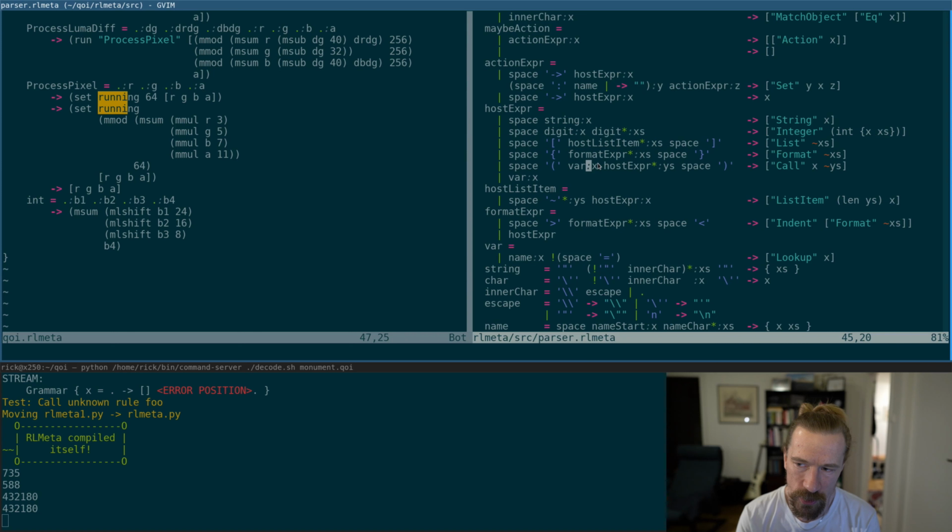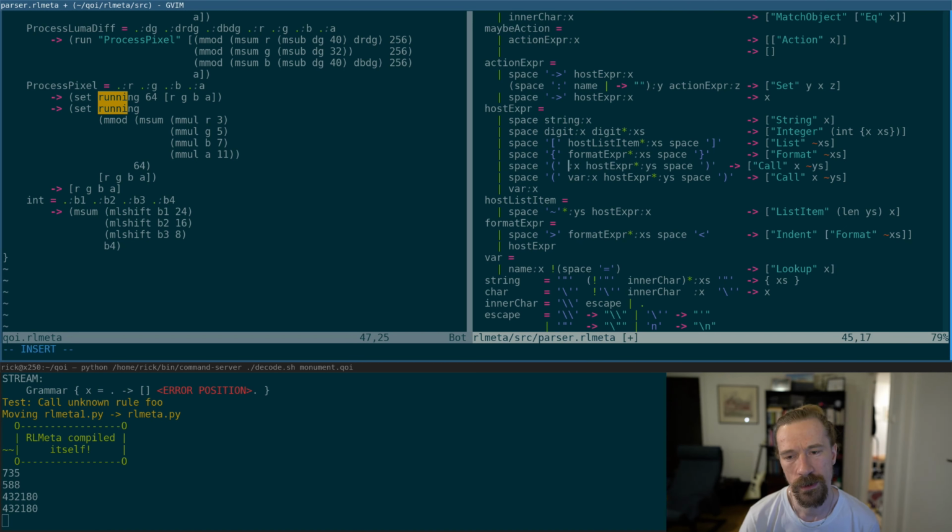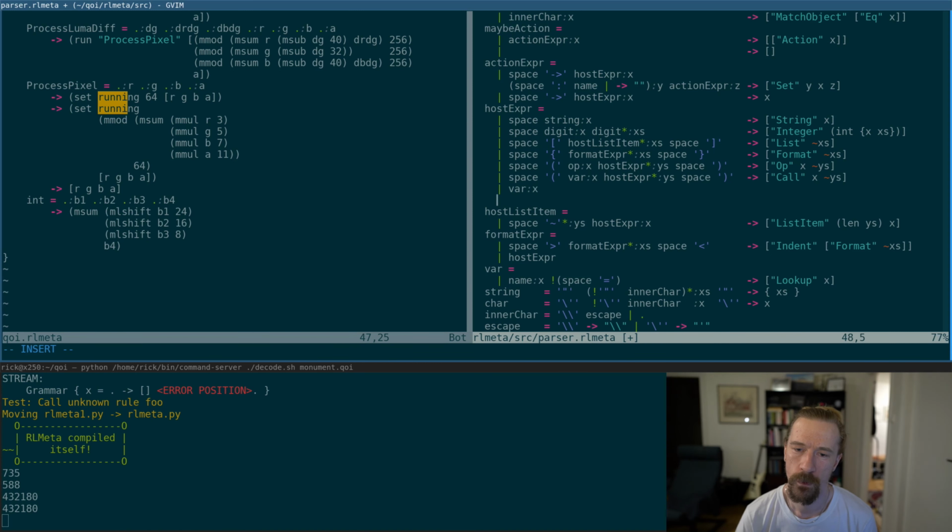And now I would like to add operators with the same syntax. So I haven't really thought about how to do that, but let's duplicate this line and let's call it op. And that should generate an op. This is the name of the operation. Yeah, sure. And then what is an op? An op is